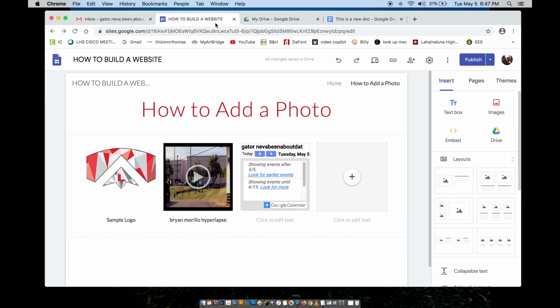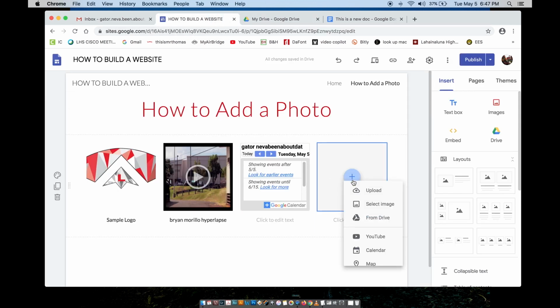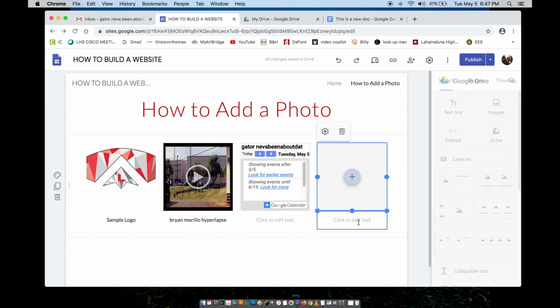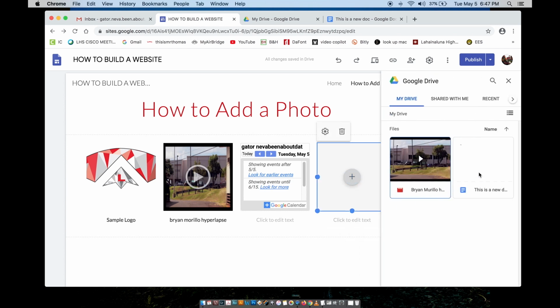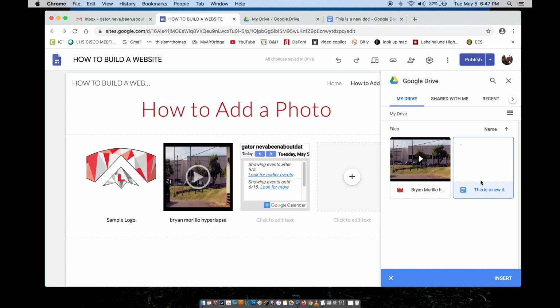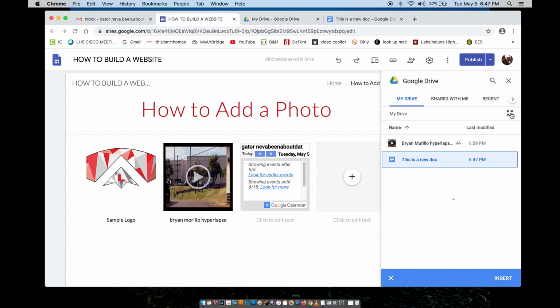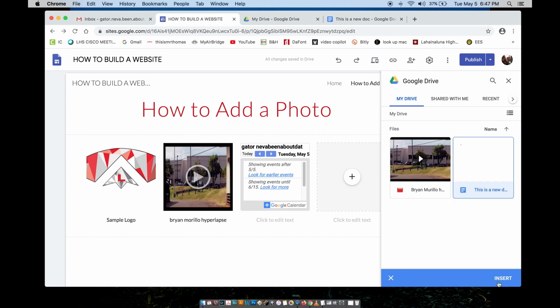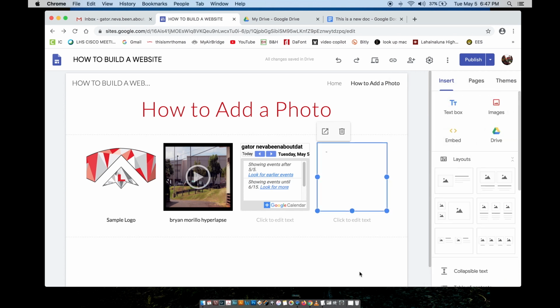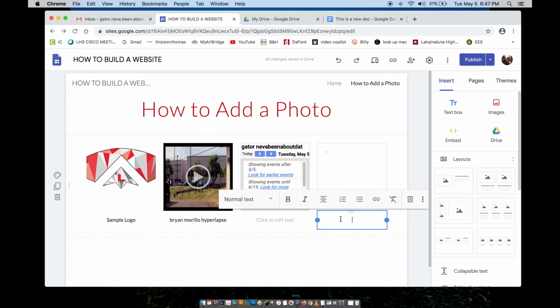Go back to my website, and on my website I'm going to click to edit from Drive, and from Drive I've got that Google Doc right here, and it says this is a new doc. If you change the view, it says it right there, this is a new doc. And I'm going to go ahead and hit insert, and from there now I've got that Google Doc there. It's really small text, you can barely see it up there at the top. And then if I wanted to add text, I'd say this is a Google Doc, this is a Google Calendar,